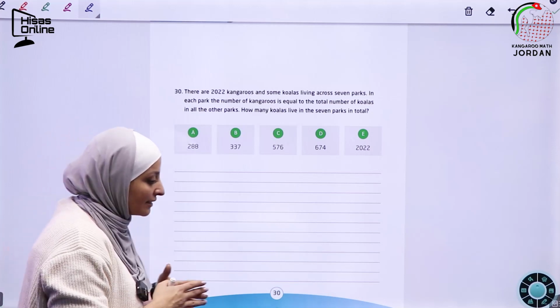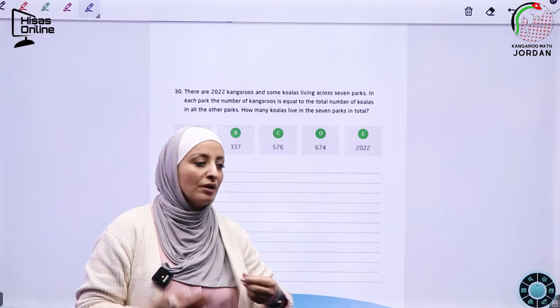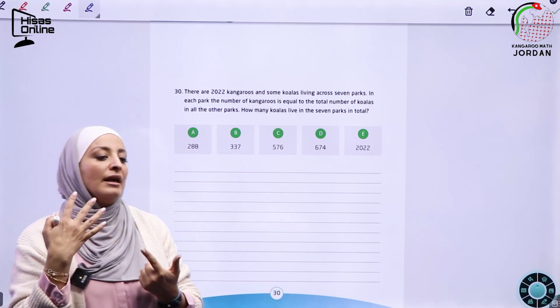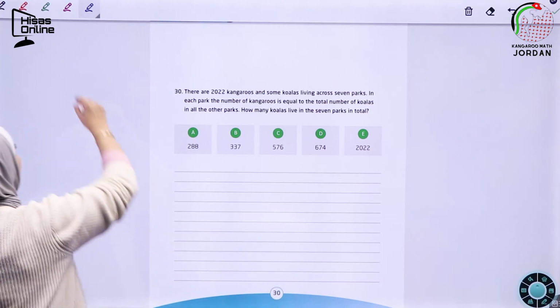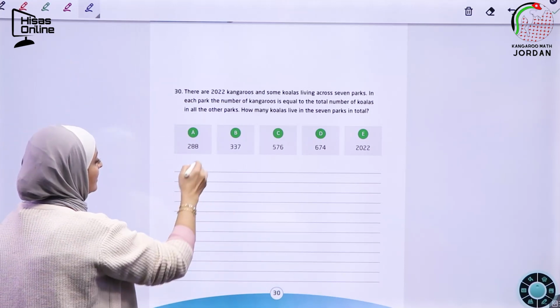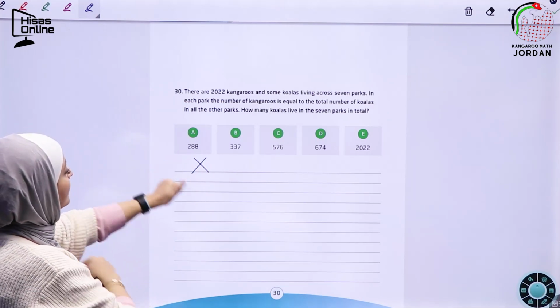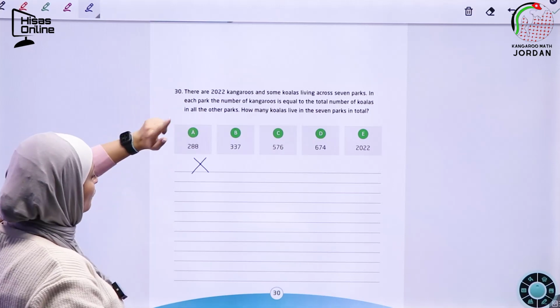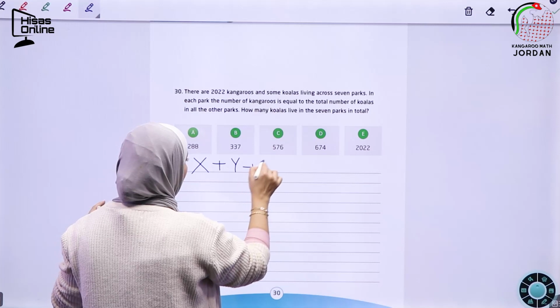Let's assume that we have 7 variables to represent the amount of kangaroos in each area or each region. So let's say I use the capital letter of each variable, where capital X represents the number of kangaroos in region 1 or park 1, plus Y plus Z,